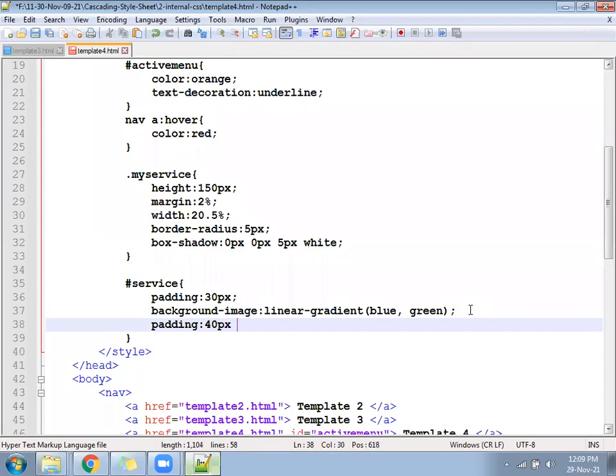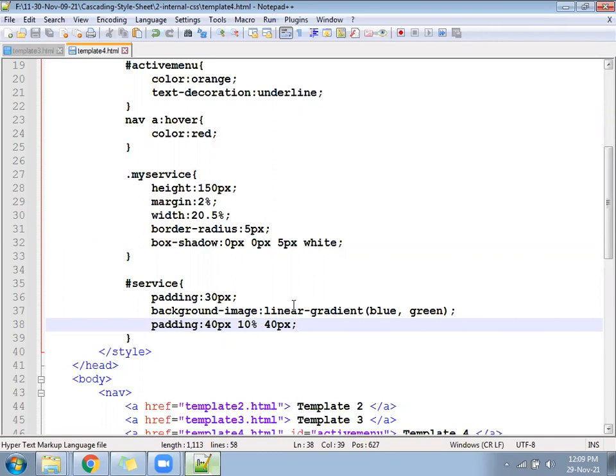From left and right somewhere 10% padding, and from bottom again 40 px padding. So first number from top, last number from the bottom, middle number from left and right. So in the padding we can write top also, left also, right also, bottom also. So instead of writing it separately, it's called a short code.